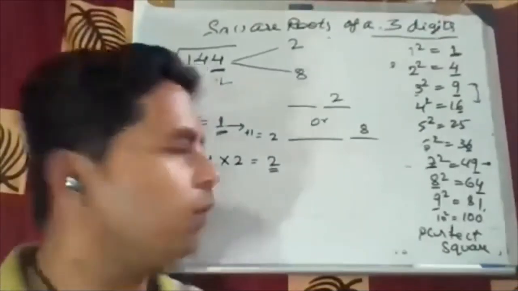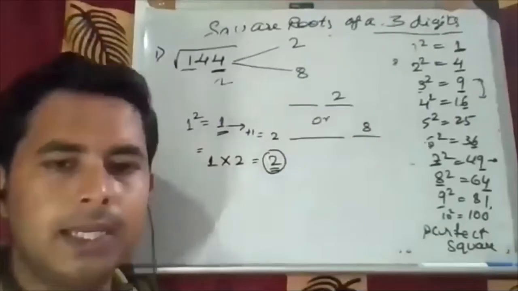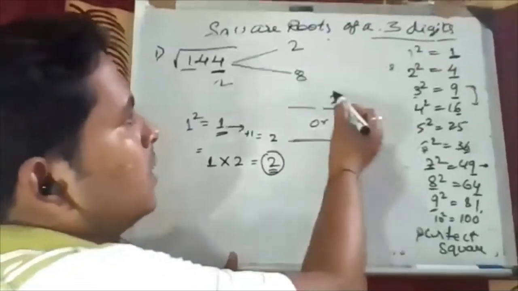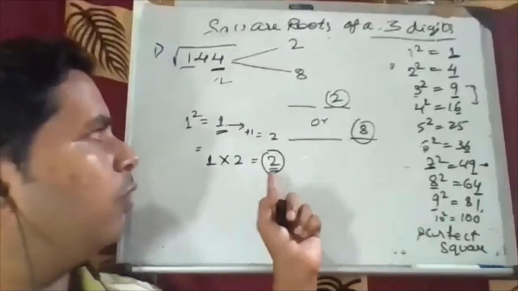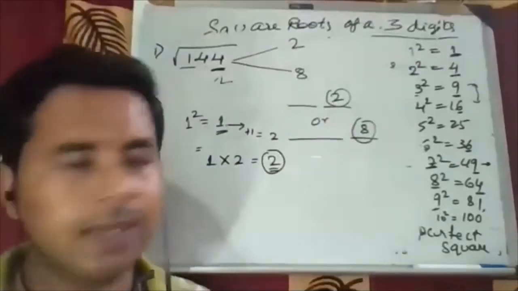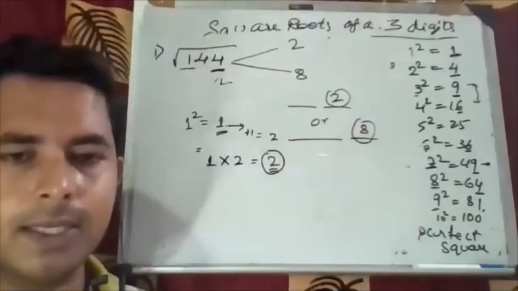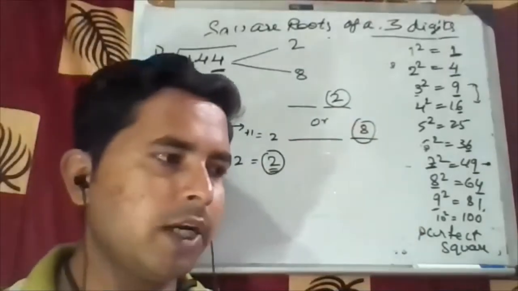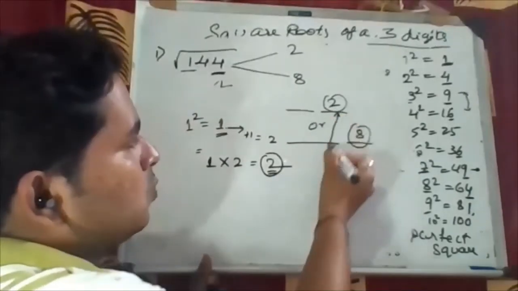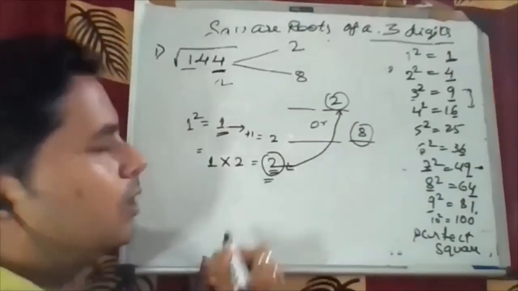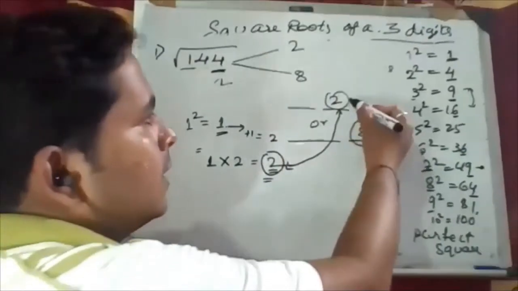Now what you have to do is compare this 2. Compare this result with this value. Okay, if 2 is same or bigger, or if 2 is smaller or same. Okay, there are 2 conditions. Now here this 2 is same as this 2. Whatever answer you got here, that 2 is equal to that 2. So you have to consider this as a value.